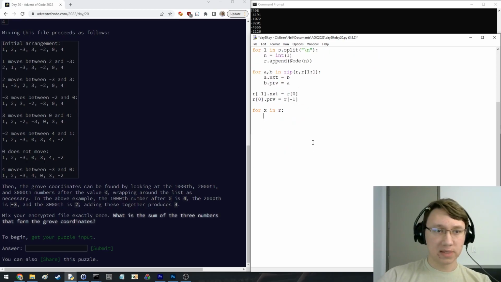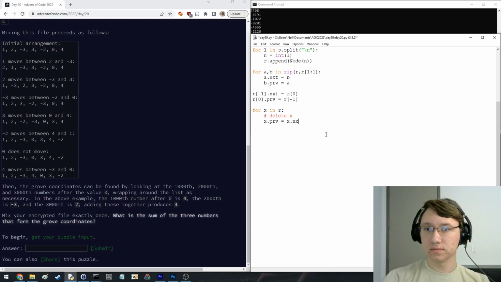we're going to move it by this much. So first we're going to delete it. So its previous's next should be x's next. Its next's previous should be x's previous. And now what we're going to do is, this is going to be the insertion point, and it will be pre next, and then